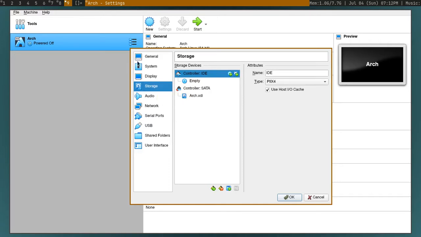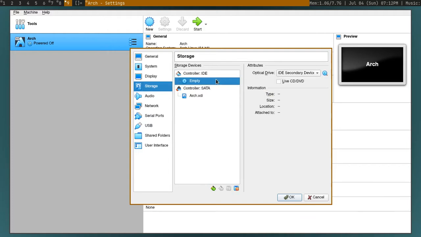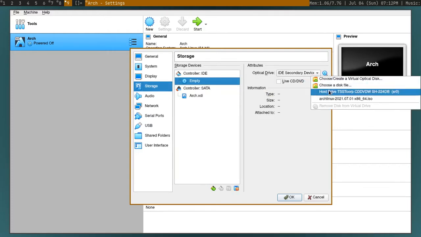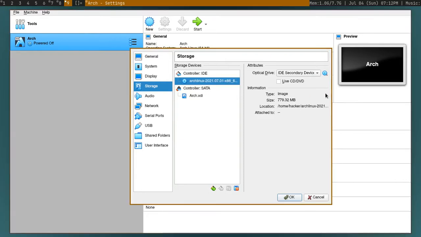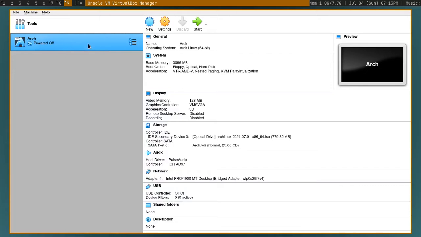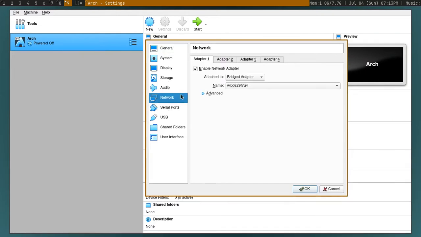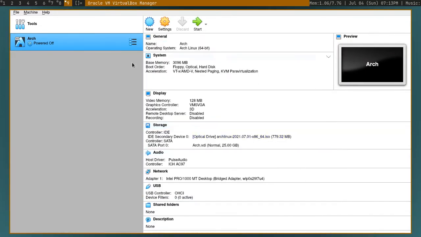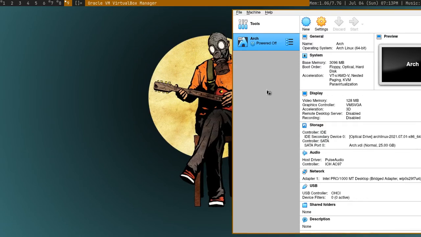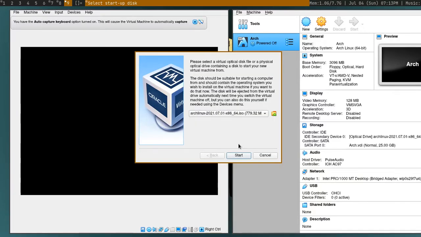After this, you can add the ISO. This is only for the people who are using virtual machines in this tutorial. I just add my ISO here, and then I'll hit OK. I'll double check the network settings again, because I will connect to it via SSH. Now my machine is ready to be started, so I'll start the machine.